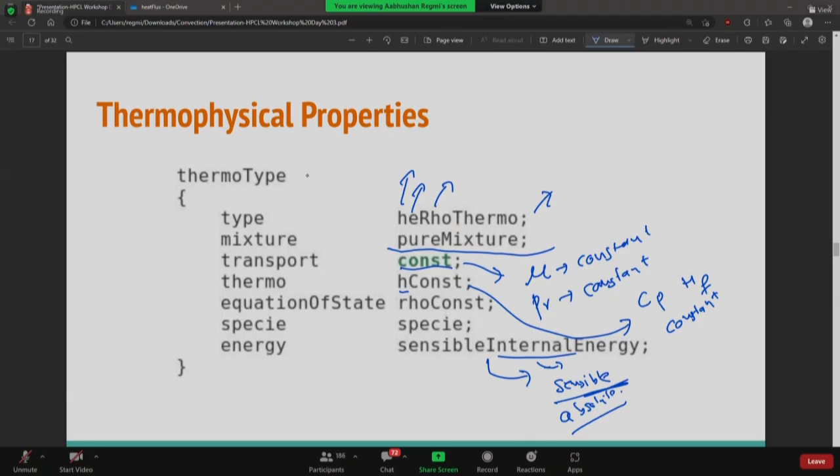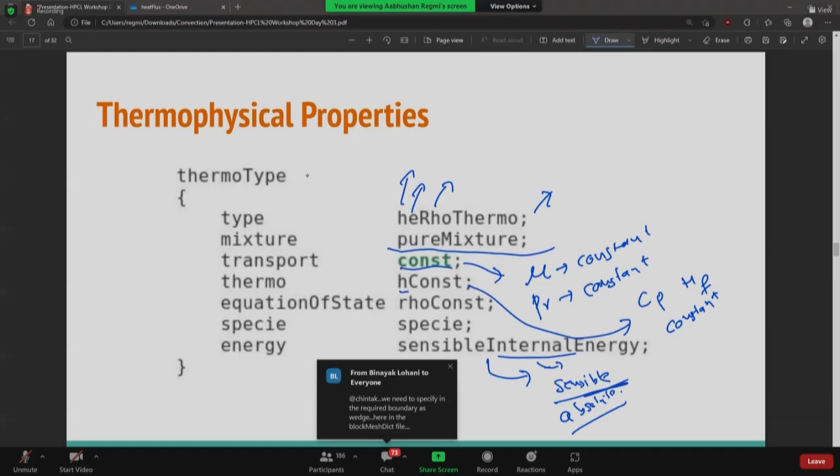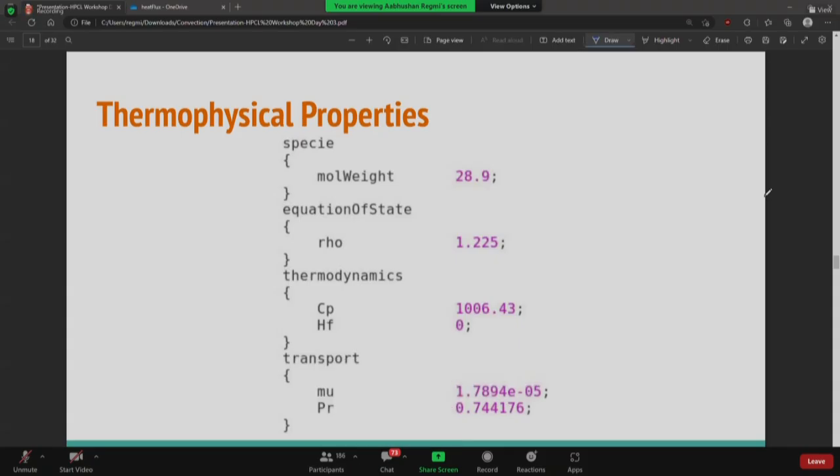There are just two ways to do the same thing. Right now, I cannot think of any problem where you want to use one specifically. In general, for most of the problems that we do, you can go with either route. You'll get almost the same answer, with slight changes because of numerical errors. Okay, thank you. Now, if you go below to the thermophysical properties, you will get to this section where